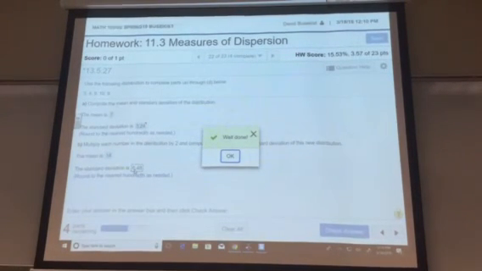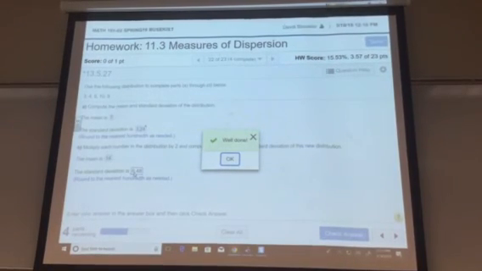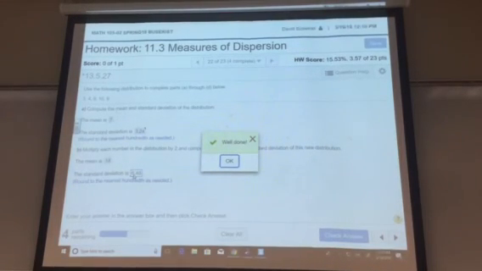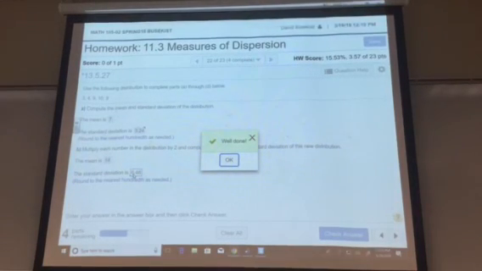Because if I make every value twice as large, doesn't that automatically make the mean twice as large? Doesn't that create twice as much difference between the mean and the other values once I multiply everything by 2? So if I multiply everything by 2, does it make sense that everything got twice as large? Then if the next problem says